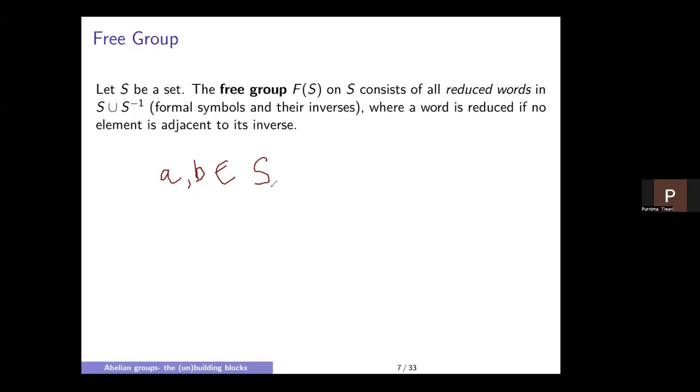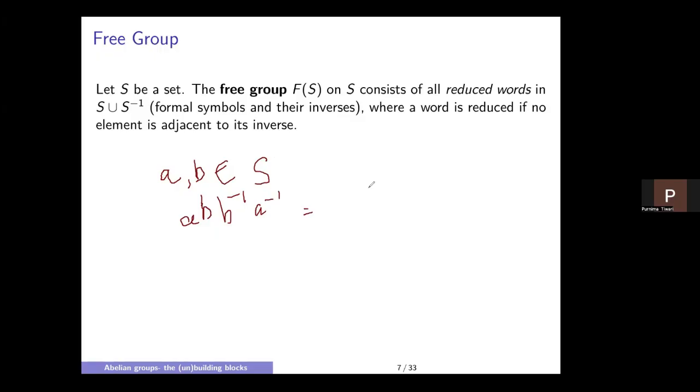F of S. A and B are in S, so A, B, A inverse and B inverse will exist in F of S. Now, suppose we are performing the operation on the elements written in this format. This is a very trivial example. So here we are writing that